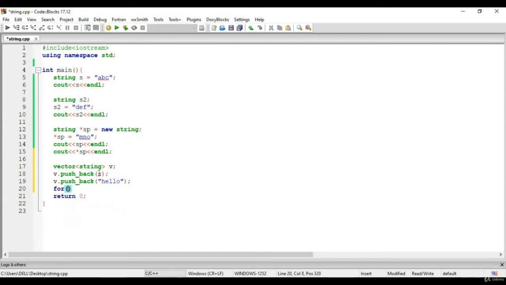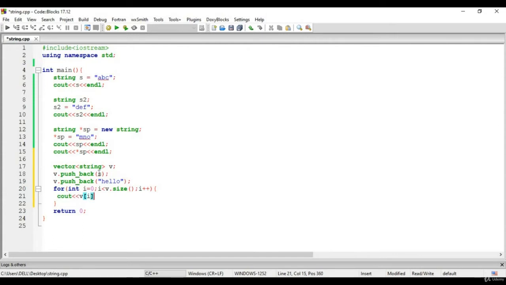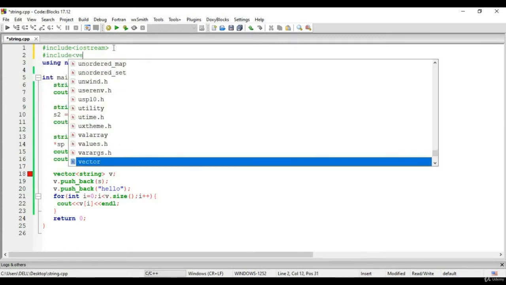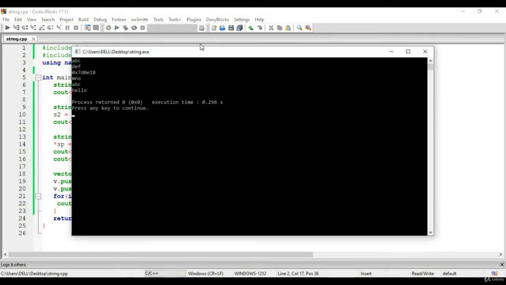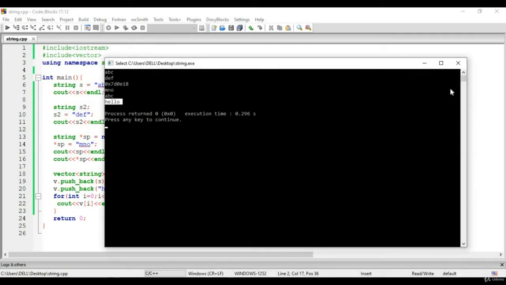And similarly you can print the content. So for printing the content, you just have to iterate over the vector. So I equals 0, I less than v dot size. So vector has a size function, and then you can print the content. So v of I is actually a string. So let's see. Okay, so we have to include vector. So you can see ABC is this one S, and then we inserted hello. So vector of string is behaving as a 2D array.